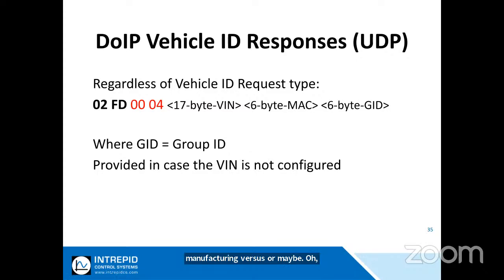Good. So I have another question here. Is DoIP only used for diagnostics and flashing, or are there other uses of DoIP? So that's a good question. For me, ultimately, it is really designed to help out with diagnostics and flashing, help out with the manufacturing, but also it's kind of laying the groundwork for the things that we need in the automotive industry today